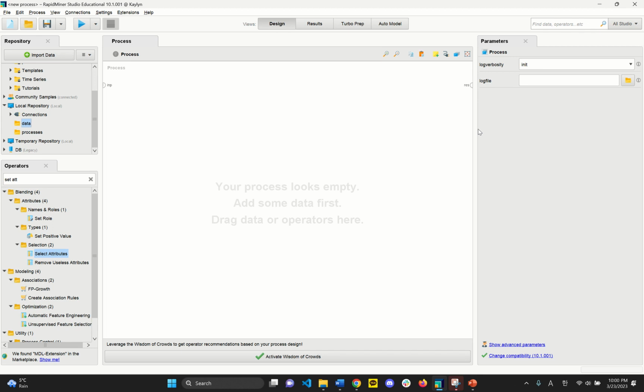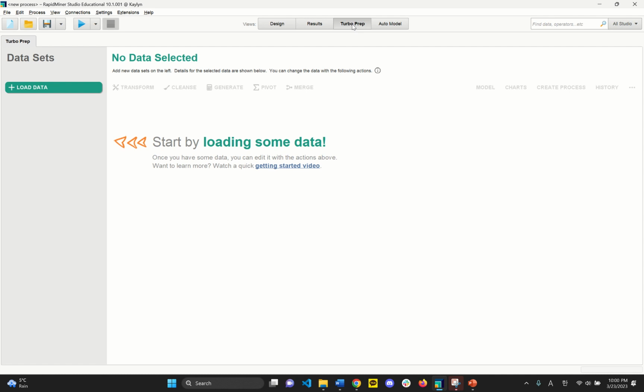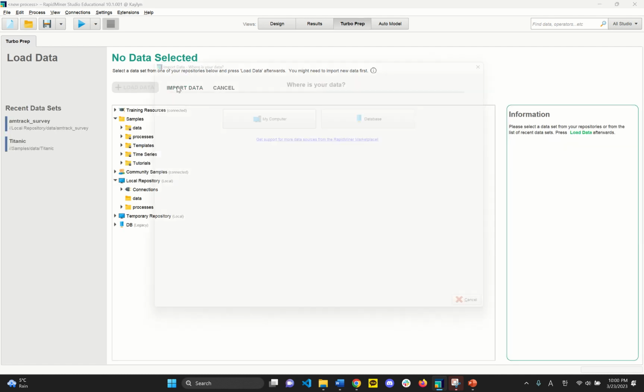This is the screen when you open RapidMiner Studio. I'm going to show you the fast way first. First, I'm going to import data for the data preparation. Click Turbo Prep, click Load Data and Import Data,